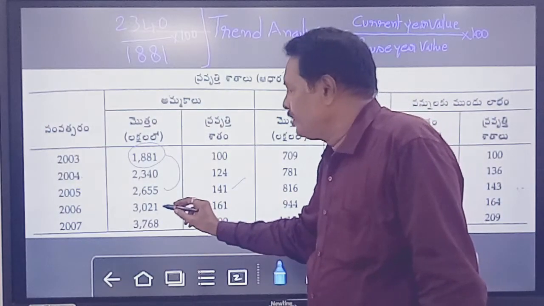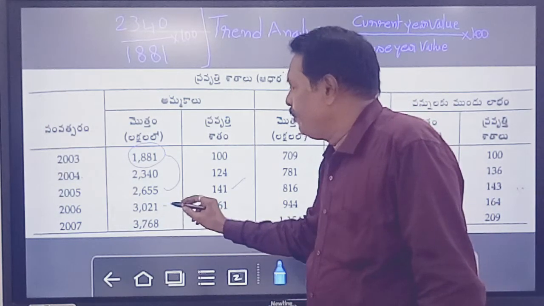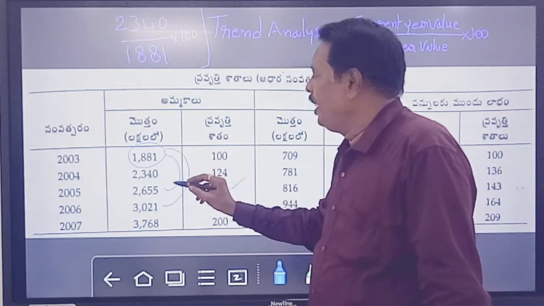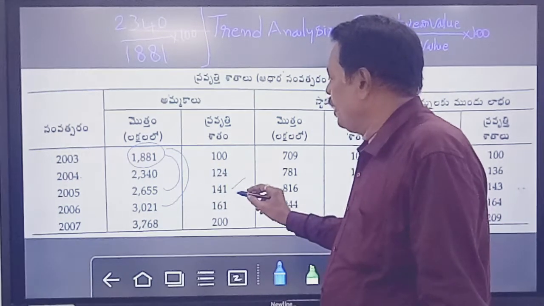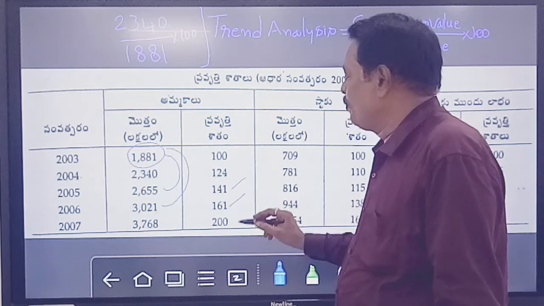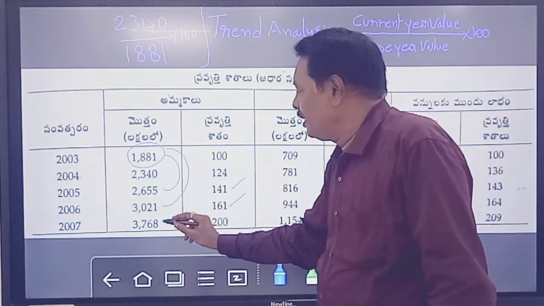2655 divided by 1881 into 100, we will get 141%. Like this, 3021 divided by 1881 into 100, we will get 161%. Like this,